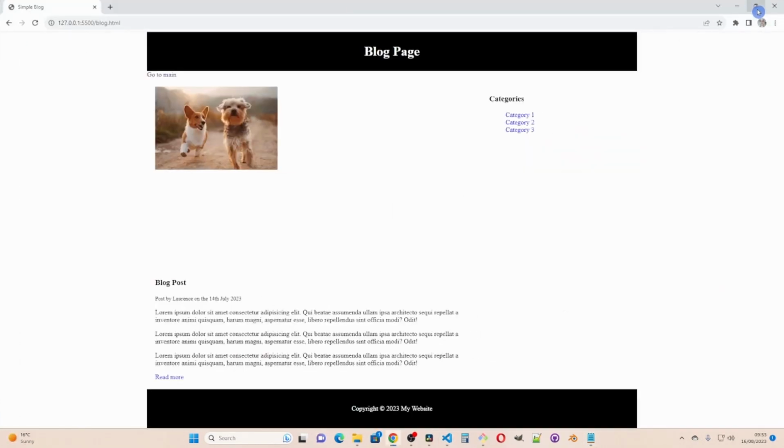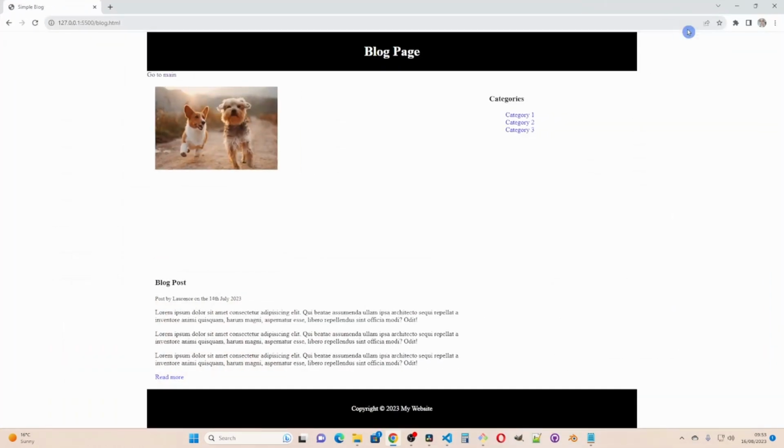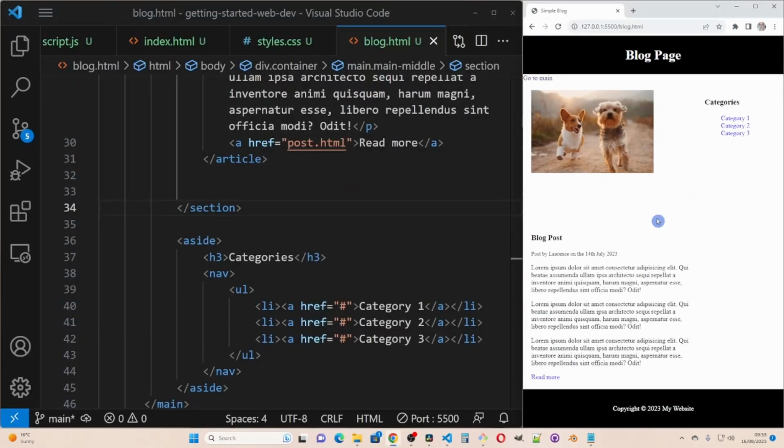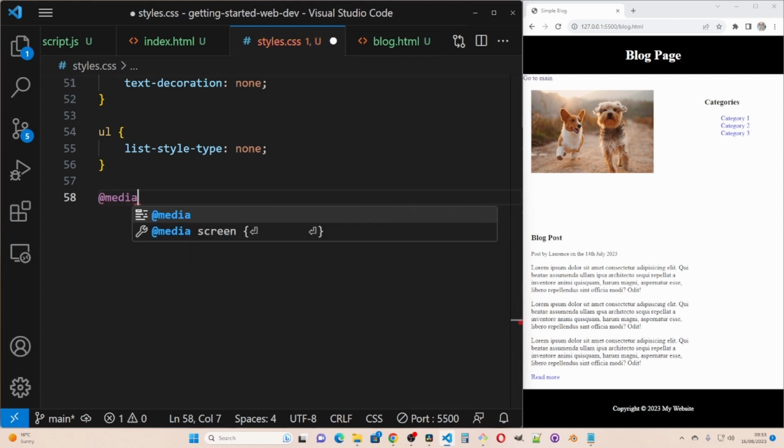I want to expand the page. It doesn't look so good. I don't want to do too much with the CSS, but I can use a media query to make this image look a bit bigger. So what I'll do, that back. Now I'll go to the styles.css, and here I'm going to go at media